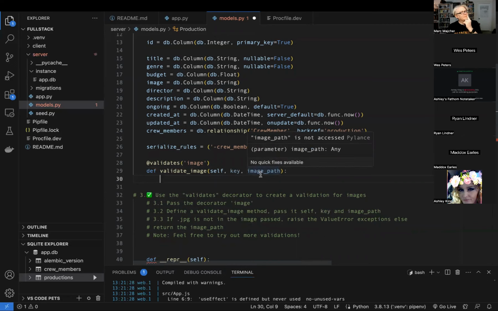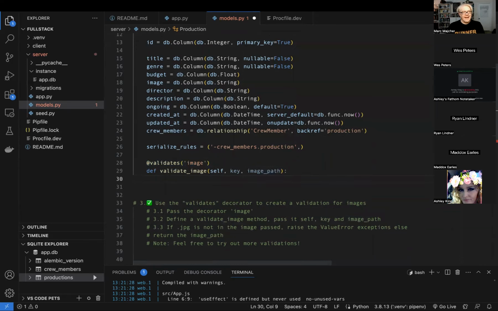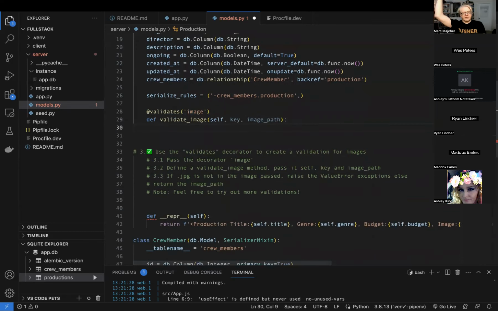So what's the key do? Self, key. Yeah. So the key is the thing we're looking at here. Image path is the value of it. So we've got key and value here. And what we want to do is check to see if JPEG is not in the image path. So if, yeah, that'll work. If JPEG not in our image path,